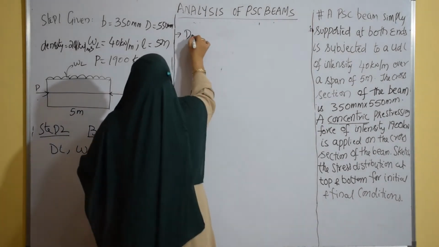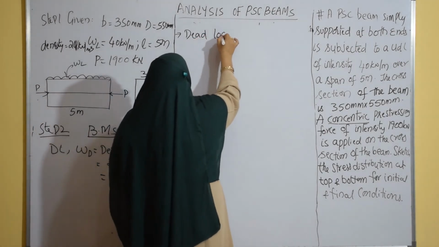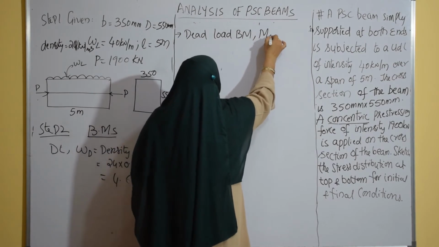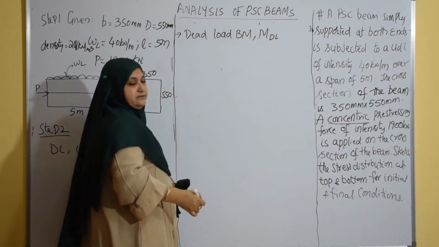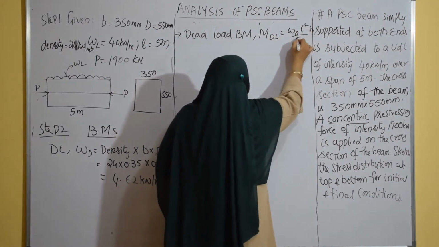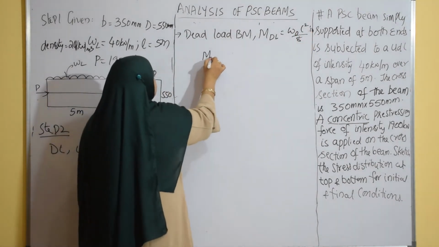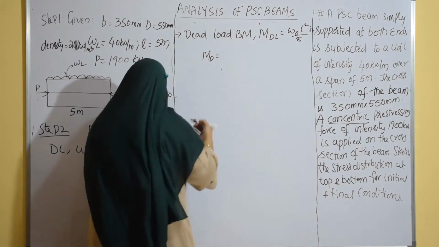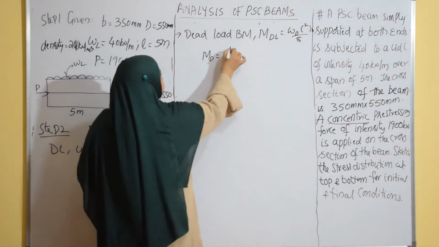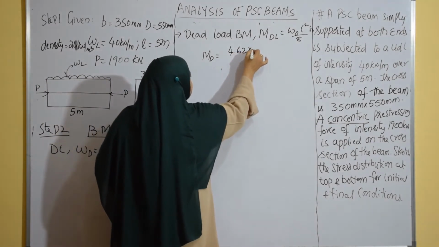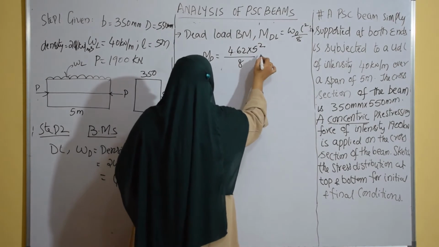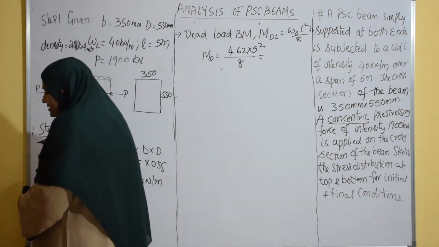Okay, dead load bending moment. You can represent it like this, MDL or MD, that is equal to WD L square by 8. So substituting that, WD, just now we have calculated, is 4.62 multiplied by the effective span. Be careful, it should be effective span squared by 8. So you will get a value of